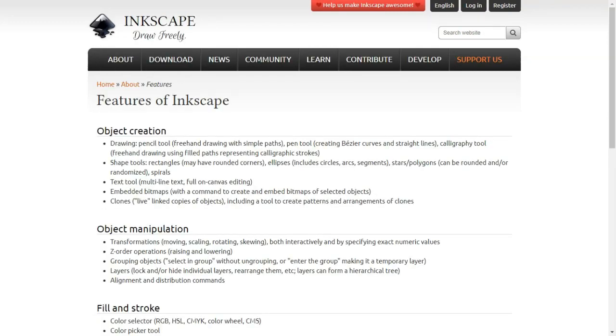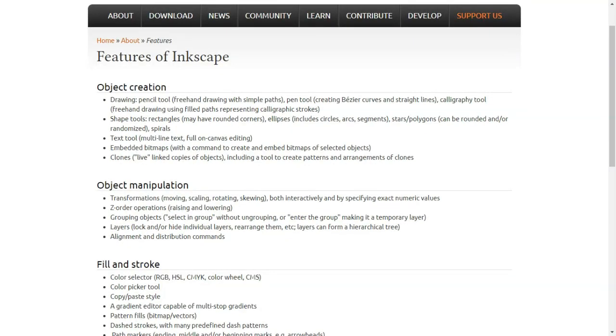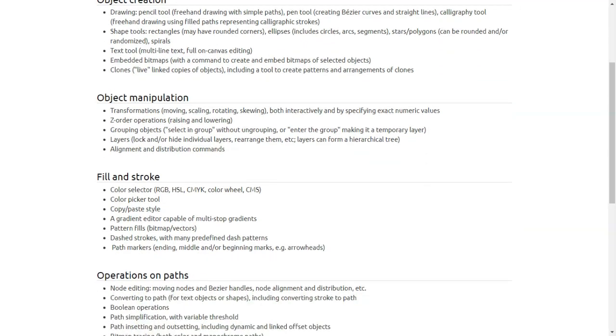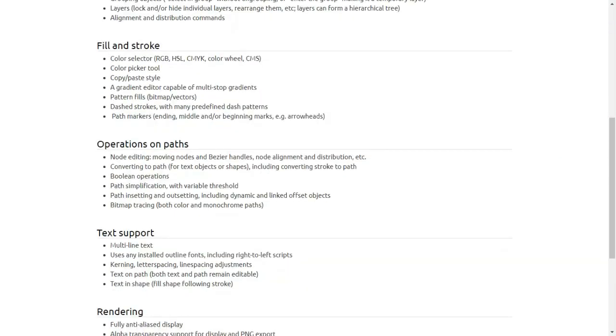The features of the software are simply as follows: object creation, drawing, pencil tool, pen tool, calligraphy tool, shape tools, rectangles, ellipses, stars, polygons, spirals, text tool, embedded bitmaps, clones, object manipulation, transformations, Z-order operations, grouping objects, layers, alignment and distribution commands, fill and stroke, color selector, color picker tool, copy, paste style, a gradient editor capable of multi-stop gradients,